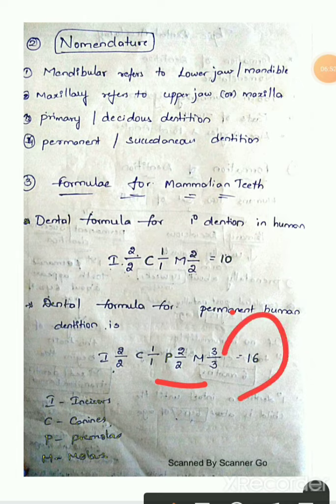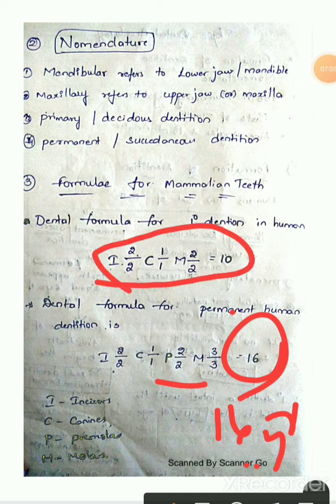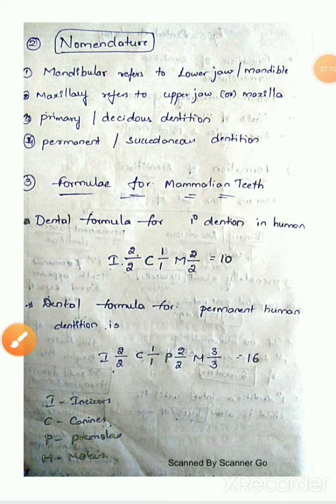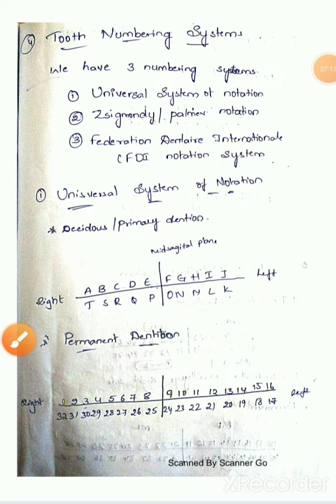So it contains a total of 16 plus 16, which leads to 32 teeth usually present in permanent dentition. I think you got the formulas, and we should remember these things and read according to what they are called. And next comes tooth numbering systems. We have so many tooth numbering systems, but basically what we know is three: